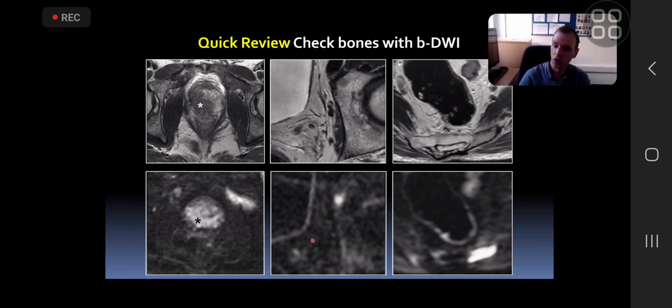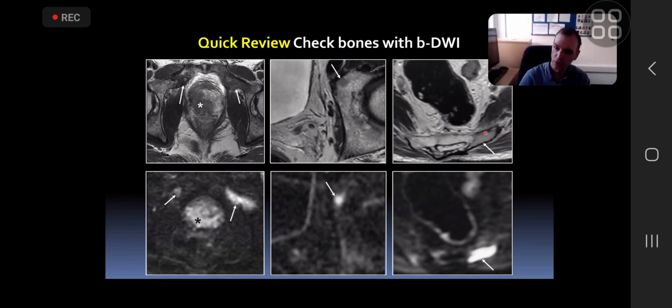It's why whole body MR has been quite successful, is the use of the high B-value imaging. And you can see these things on the morphological imaging, but it's much easier to see that solitary small nodal met with the high signal on the B-value imaging than it is just on the